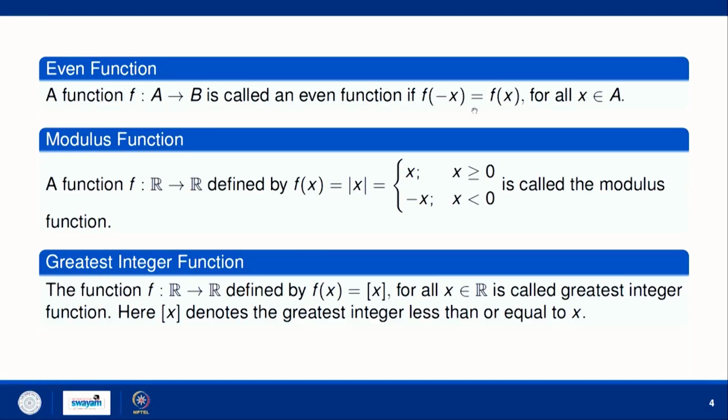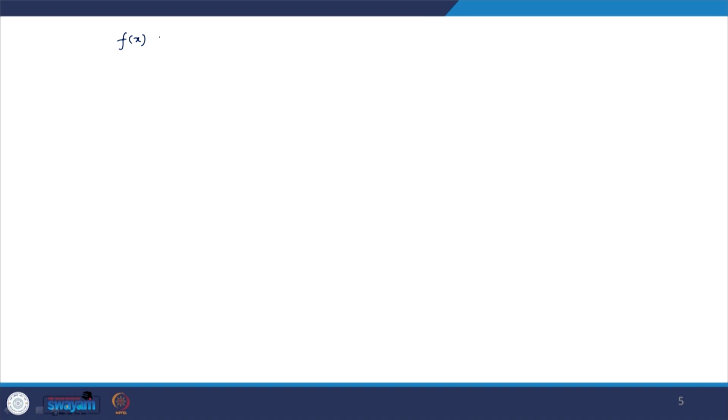So, what are even functions? Even functions are those functions where f of minus x equal to f x for every x in A, and even functions are always symmetrical about y axis. Say take another example, f x equal to x square, where f is from R to R. Then f of minus x will be minus x whole square, which is equal to x square and which is equal to f x. So, this function is an even function,